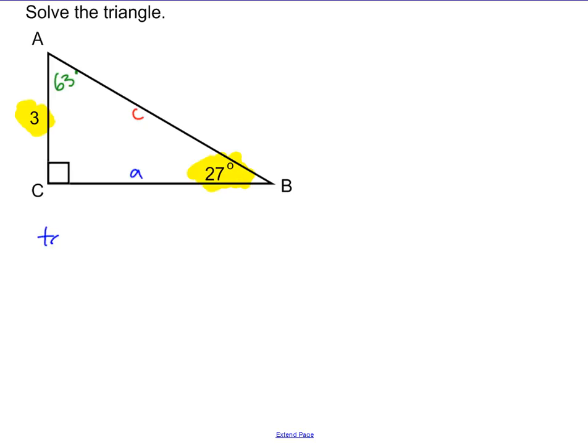So tangent of my angle equals opposite over adjacent. So now, if you're struggling to solve these, we've been doing equations like this, you can set this up as a proportion. So I can make this over 1 because anything divided by 1 is itself, and we know that in our proportions we cross multiply. So this would be A times the tangent of 27